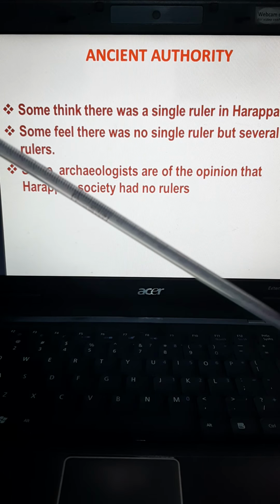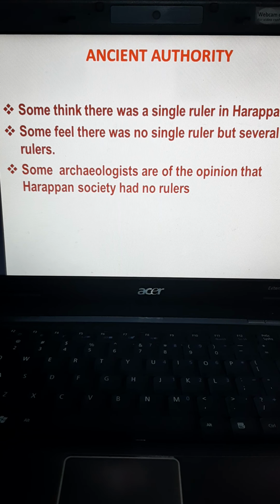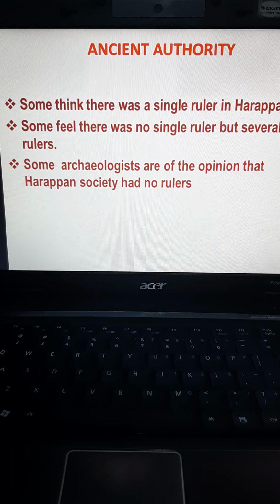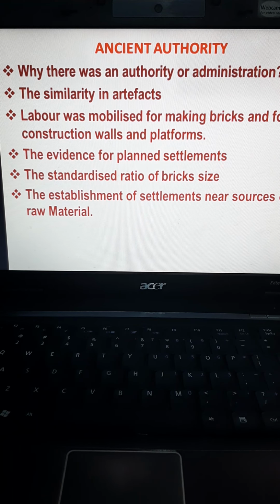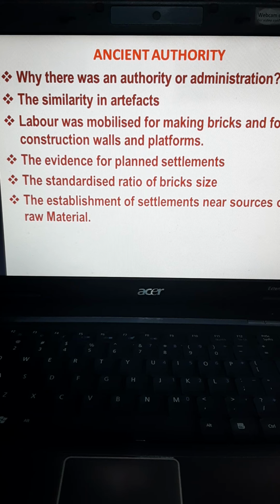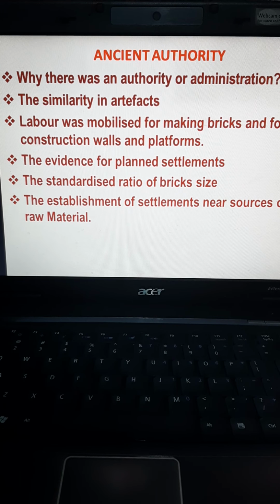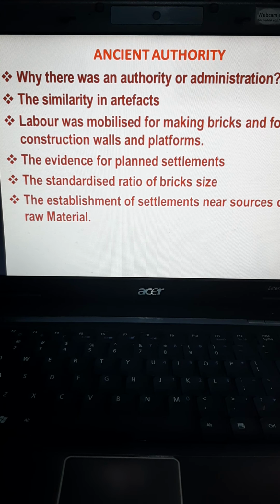So what was that ancient authority? Some say there was a single ruler. Some say there was no ruler at all. Some say that small settlements each had a different single ruler. And as for the evidence the archaeologists have collected, it proved that there was an authority who was guiding the artifacts of the Harappan times, and labor was also being mobilized for construction of